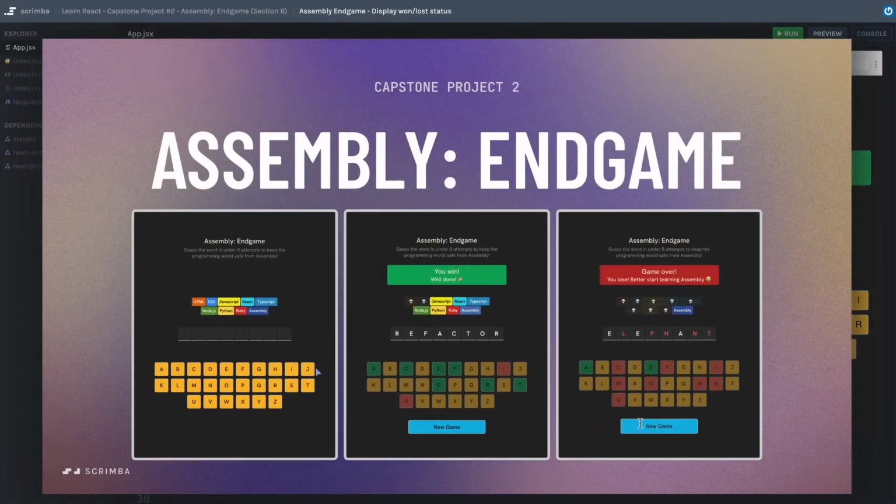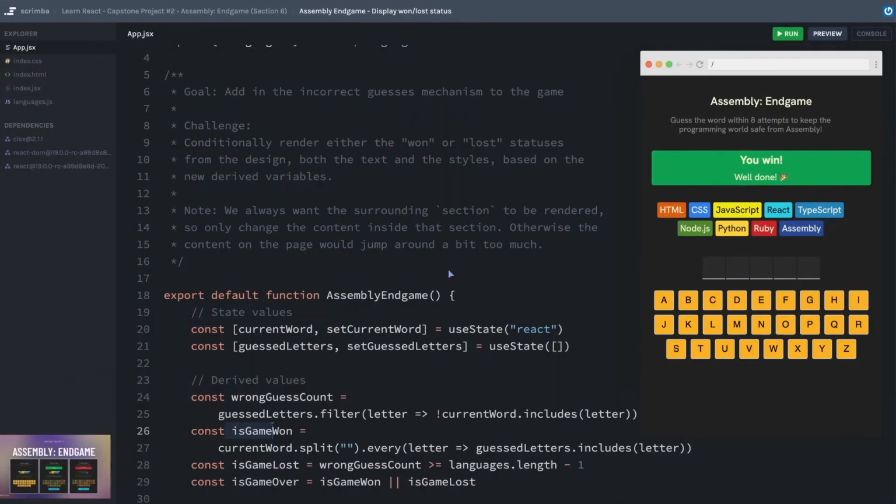So you can see in the design here, even when there is no message being displayed, we want that space to be open. And if we were to remove that section from the DOM with conditional rendering, then I think everything else would kind of bump up. And then when a message popped up, everything would bump back down. We just want to leave that like an open slot. All right, the time is yours. Get started on this challenge.